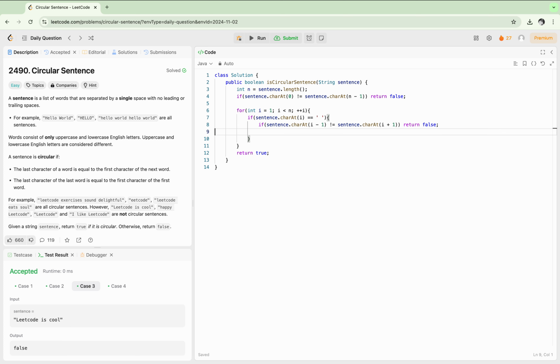Otherwise we'll return true. So let's see how this logic performs. See, we have removed the overhead of splitting. Now we are iterating through the characters of the string, and if at any index the